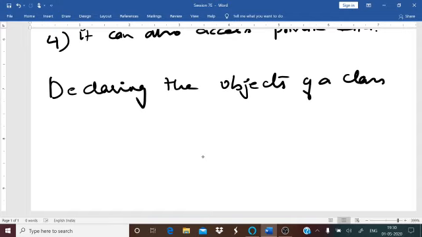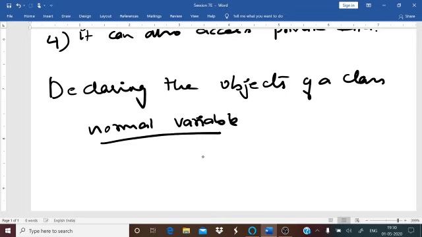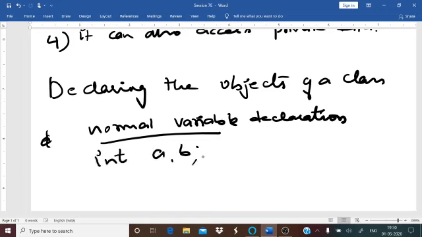The classes are defined to create objects of that class. So objects are created like a normal variable declaration, except that the data type is the user defined type, the class. Earlier, when you declared a normal variable, how did you do this? You used to write int a, b, right?